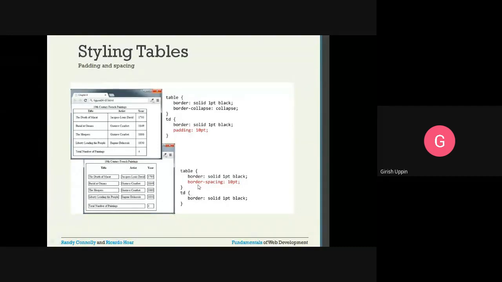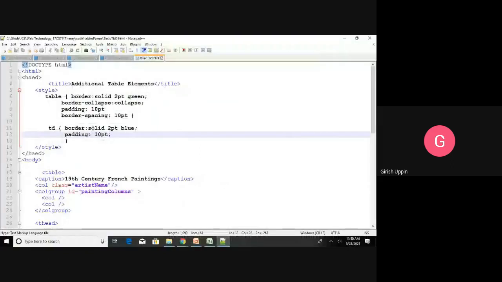And similarly here, border spacing. For the table we have a border spacing. We can use this particular property as border spacing 10 pt. This will not work when we have this particular property collapse, right? I will comment this. I saved it.